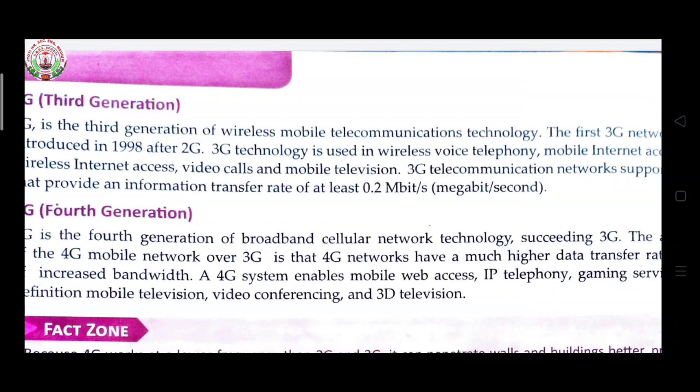A 4G system enables mobile web access, IP telephony, gaming services, high-definition mobile television, video conferencing and 3D television. So we are now using 3G or 4G networks so that we get network speed. For speed we are using 4G in our mobile, so we can transfer our data